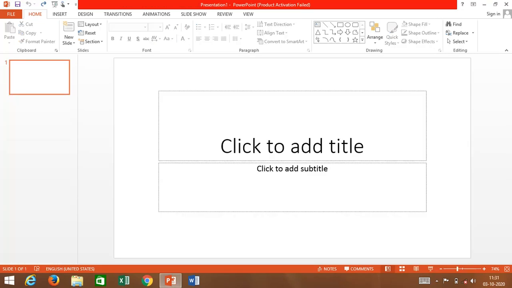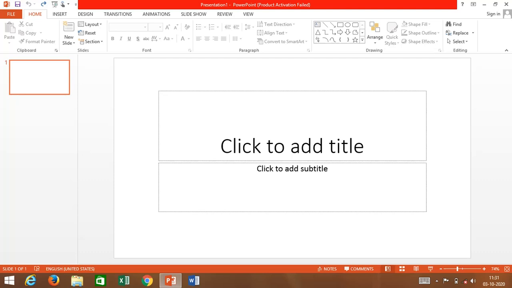Students, let us talk about Slide Master. Now what is a Slide Master? When you want all your slides to contain the same fonts and images such as logos, you can make those changes in one slide, that is, in one place, and the same changes will be applied to all your slides. Now let us see how a Slide Master works.